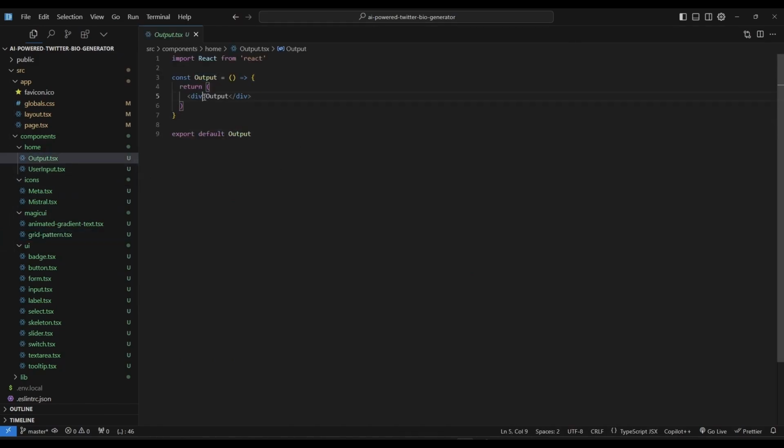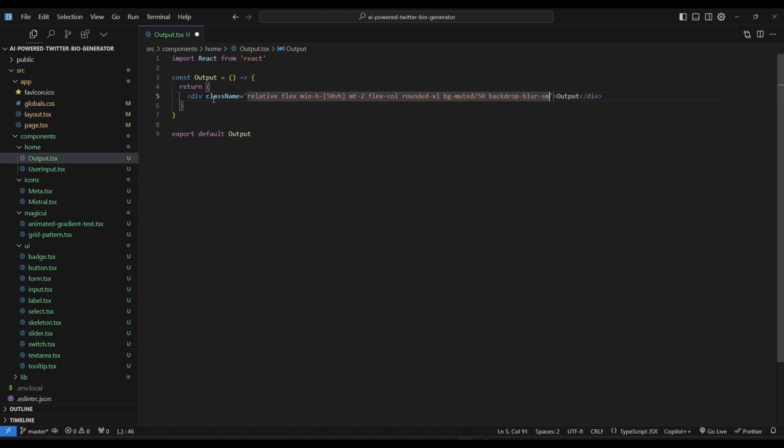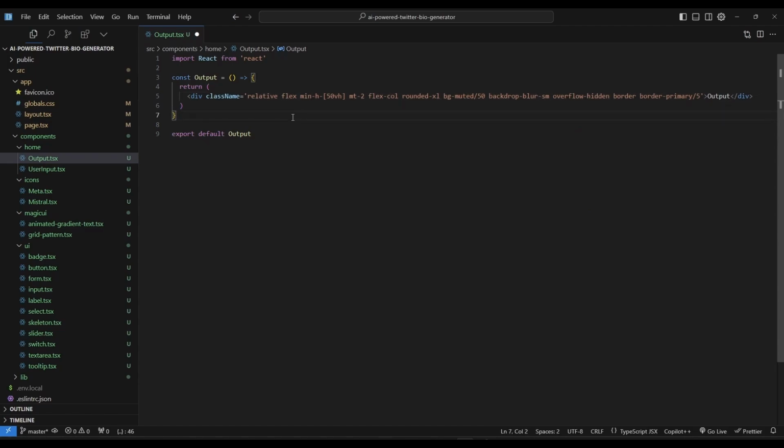Open this output and let's add the class name, set position to relative, display to flex, and minimum height should be at least 50 vh. Set margin top to 2, flex direction to flex dash column, rounded to XL, and background will be BG muted with 50% opacity, and backdrop blur to SM. Overflow should be hidden. Let's add border, and border color will be the border dash primary with 0.05 opacity. Now let's save this,